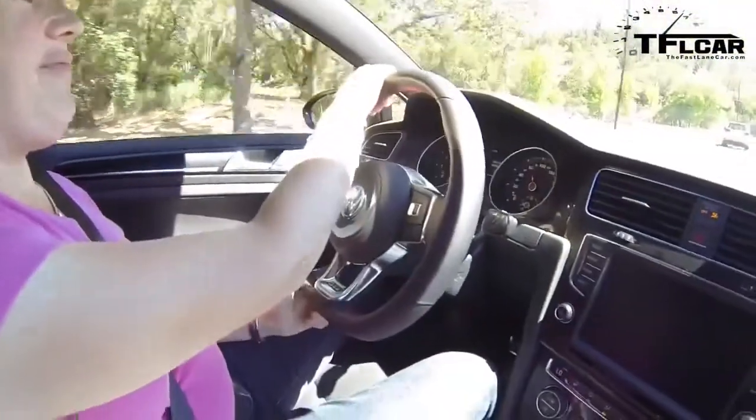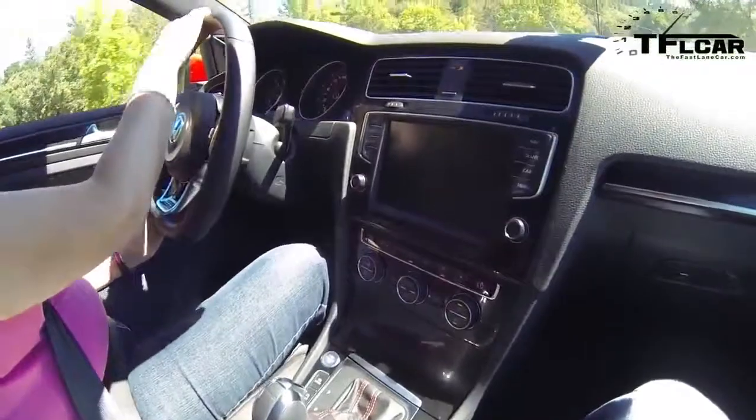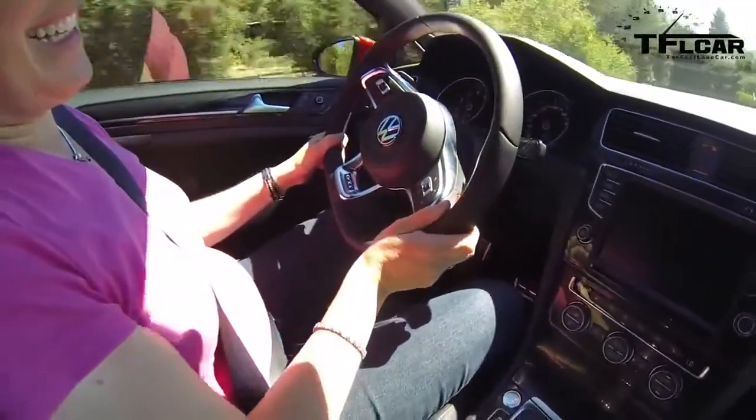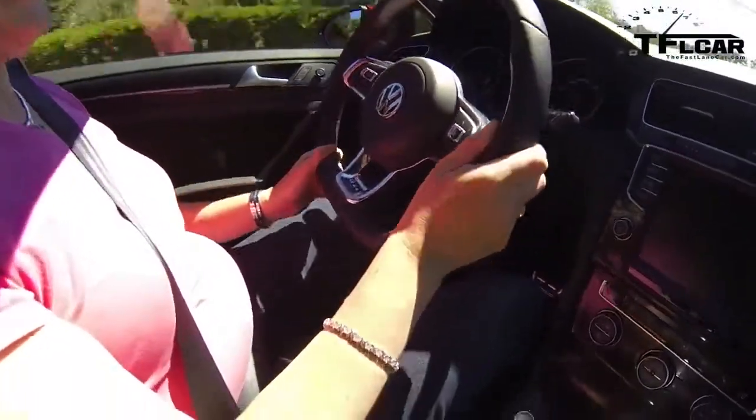But you know what? I didn't get an interior shot, so let me take the camera off. And here's the interior. Volkswagen is very proud of it. They have a 7-inch screen, which is huge. Check that out. And of course, you've got that flat-bottom GTI steering wheel with all the multi-controls right on the...